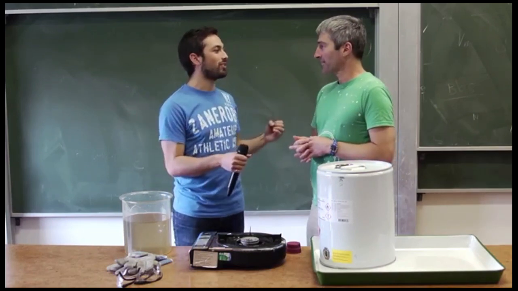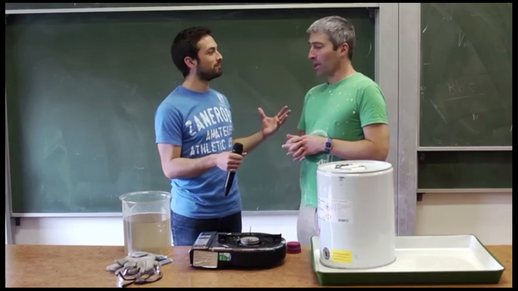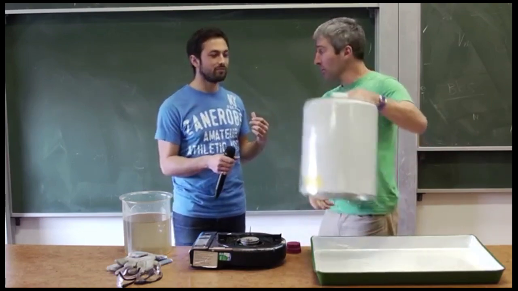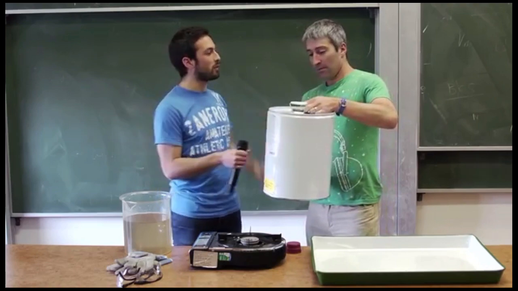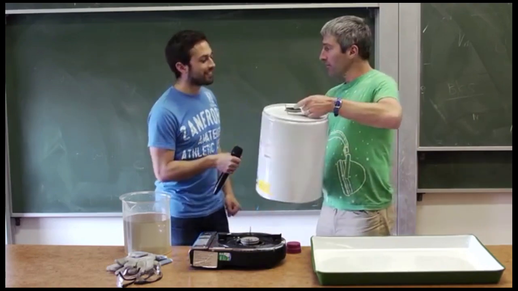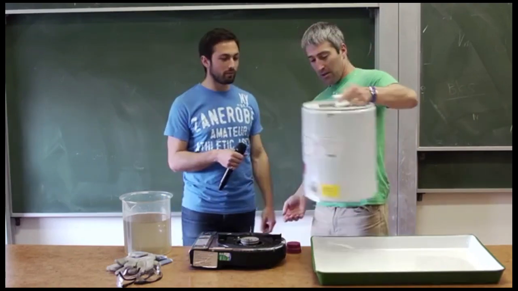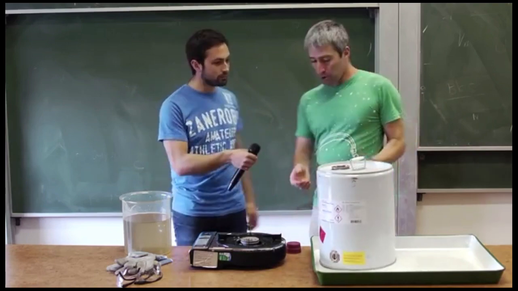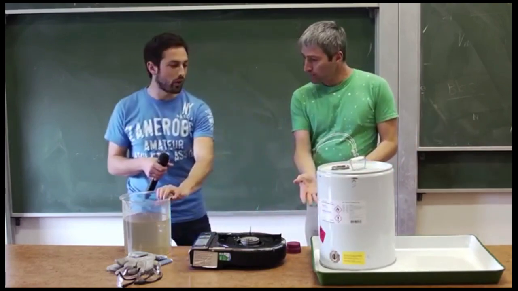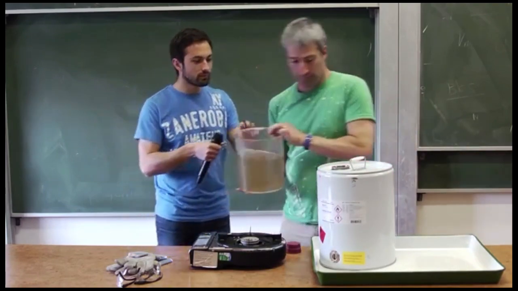But let's say we didn't want to kill anyone. How can we demonstrate this in, say, a lab? Well, we could take a model of a person. And this drum is meant to be a model of a person. That's correct. And so what are we going to do with it? What we're going to do is put some water in here. Why don't we go ahead and do it? Okay, let's do it.